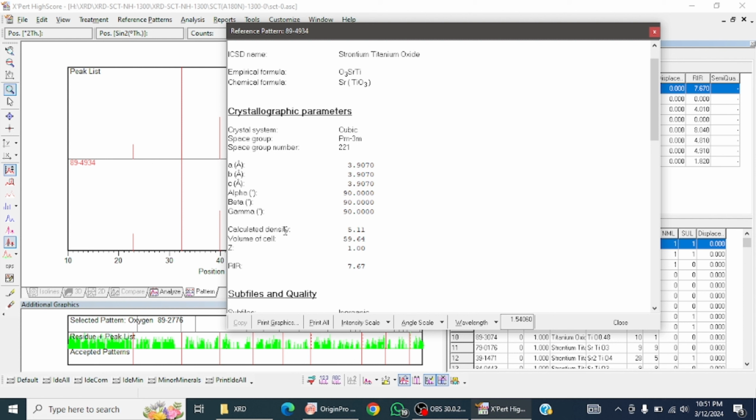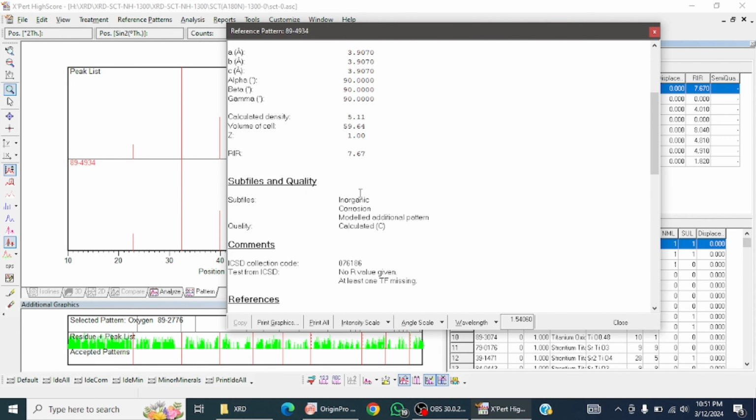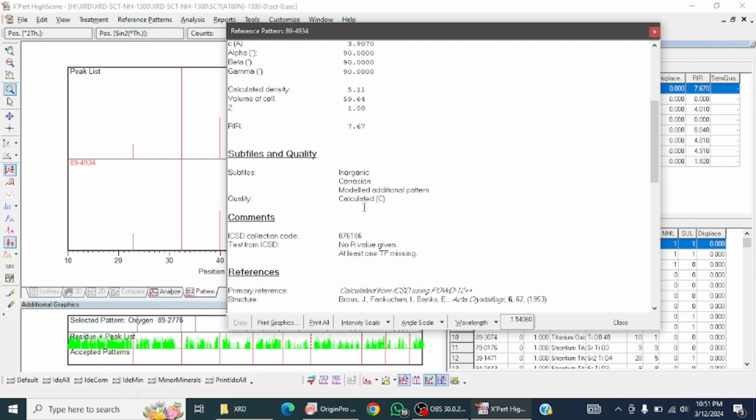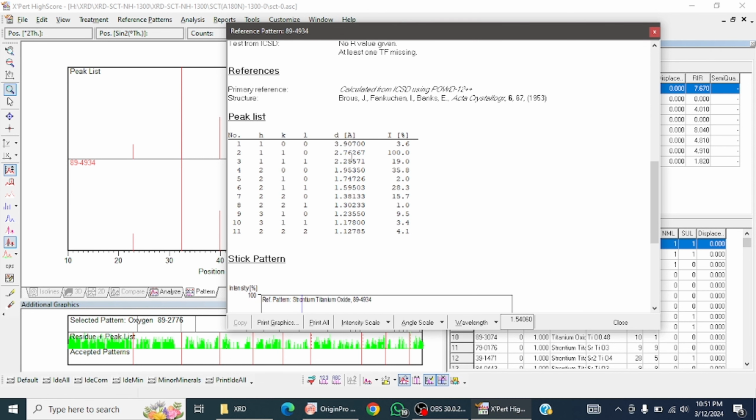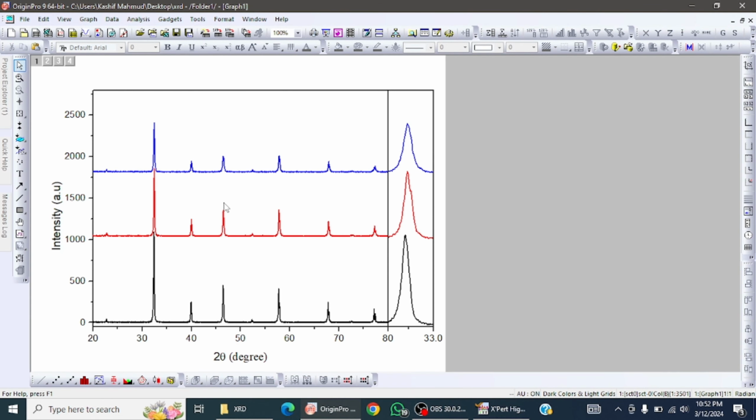and the calculated density of this cubic cell is 5.1, and the cell volume is 59.64, and it shows that the compound is inorganic. So the one point which we use, the Miller indices, and the graph we plot in X'Pert HighScore. This is the graph in X'Pert HighScore, and we will use these Miller indices